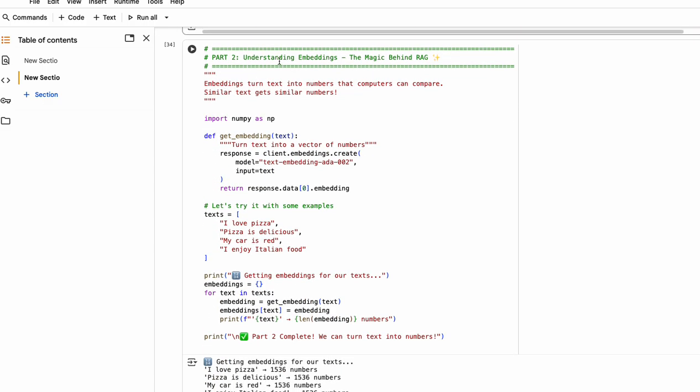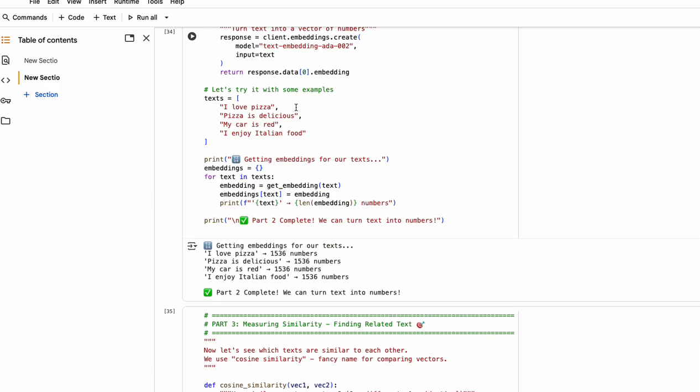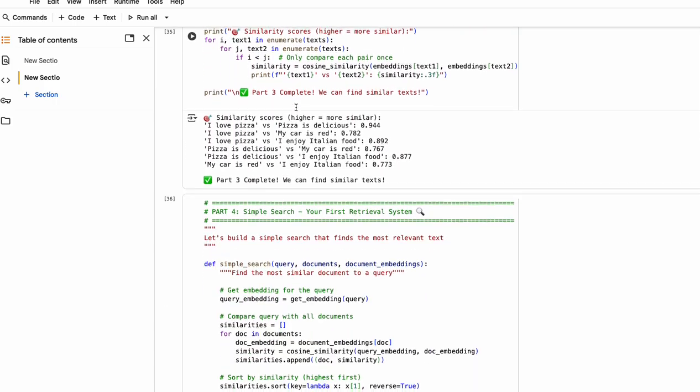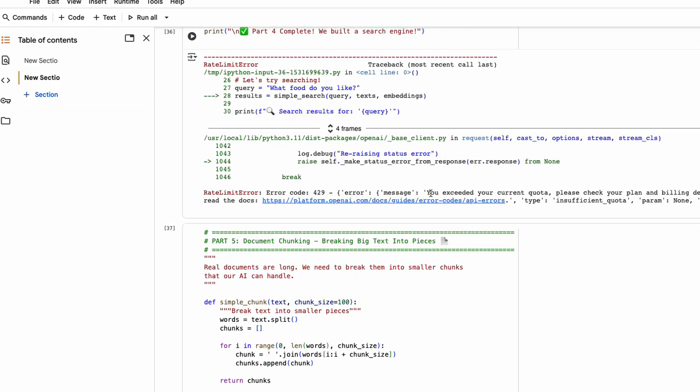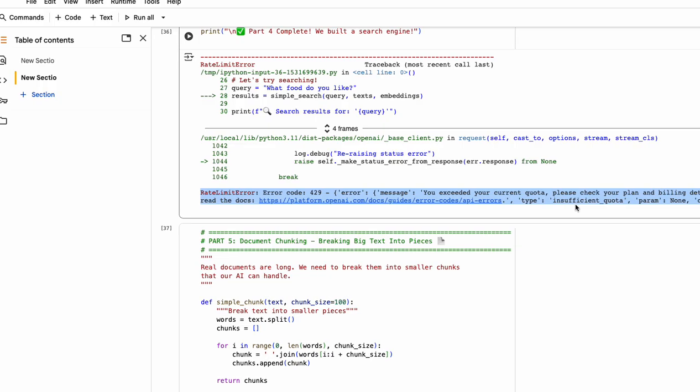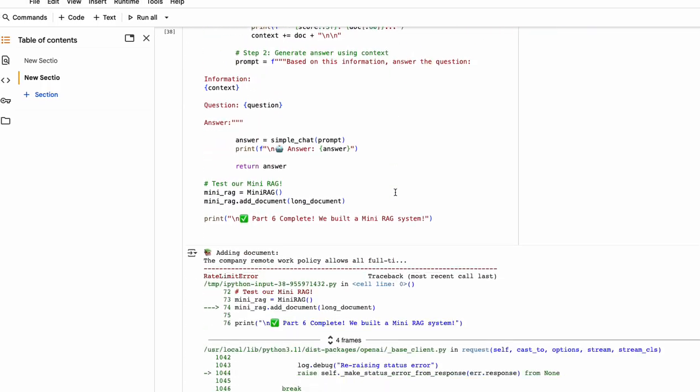The second one is using embeddings, the magic behind RAG. So you can go here, similarity matrix, and because my quota is full, because I exceeded the OpenAI quota today, it might not work, but you can try. This is step by